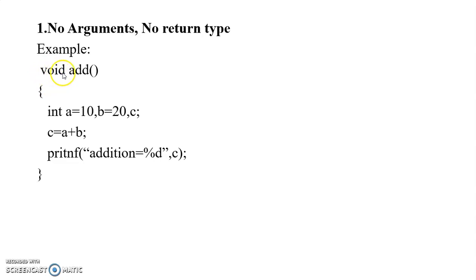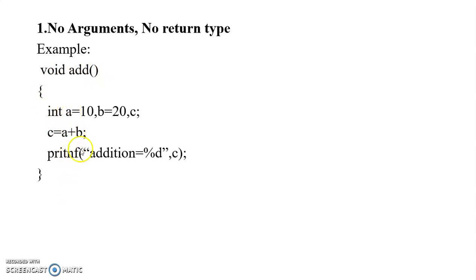After defining the return type, the next part is the function name. We are taking the function name as addition, so we are taking it as add. Whatever you want to give as the function name, you can give. After the function name, we have the parameter list in this round bracket. But as the name of this category is no arguments, that means we are not passing any parameter in this bracket. After defining the function header, next we move to the function body.